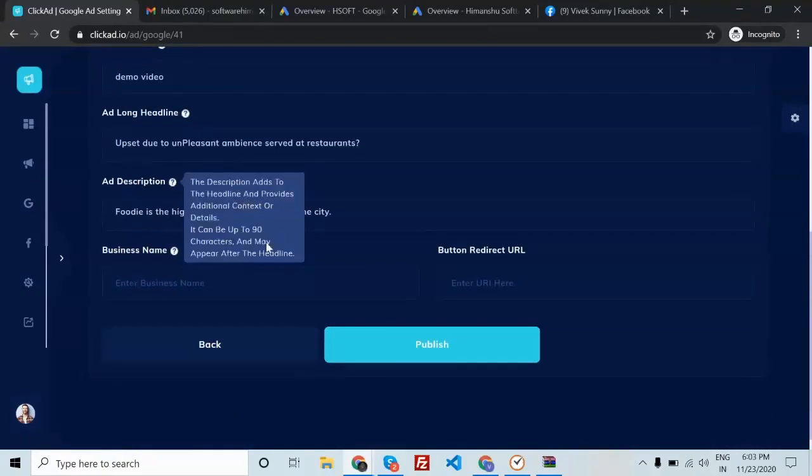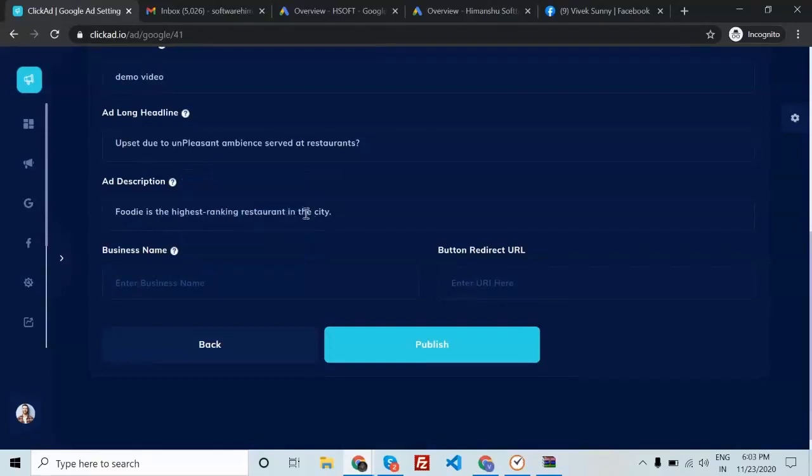Here I can see the things I should take care of while writing the ad description. My business name is The Foodie, and the button redirect URL can be Foodie.store. It's a dummy URL, it won't work. And I can click on publish.